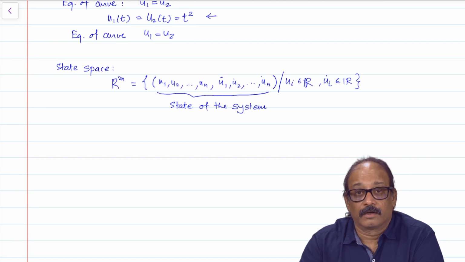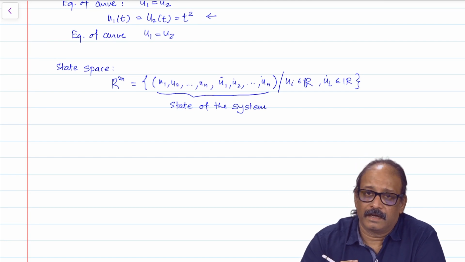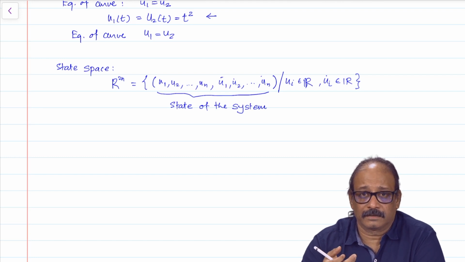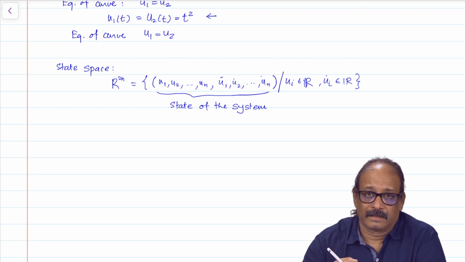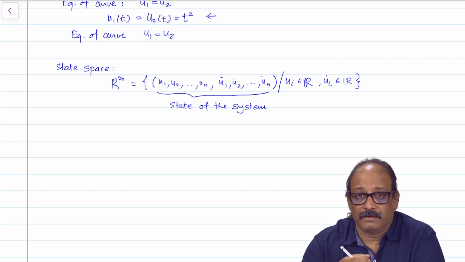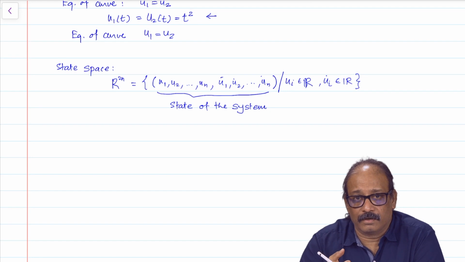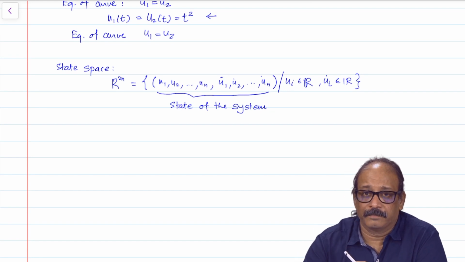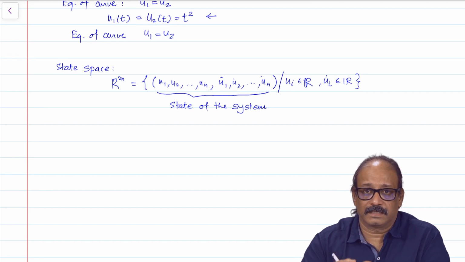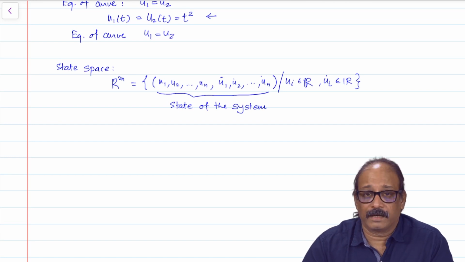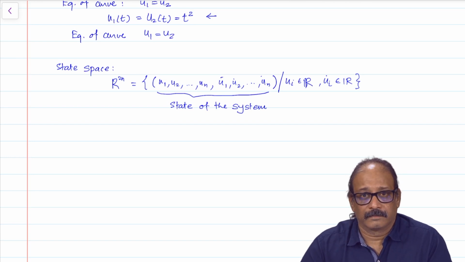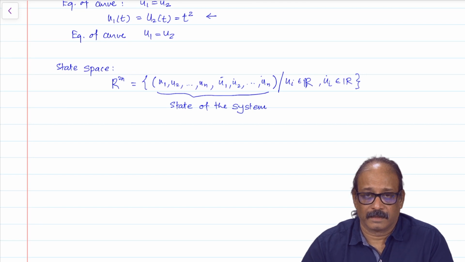As opposed to configuration of the system. And why can't we extend this to x double dot? Say in Newtonian mechanics, the accelerations are not free variables. The forces in the system actually predetermine x double dot. So there is no freedom in choosing x double dot. So the state space here is actually just 2n dimensional, including positions and the velocities.